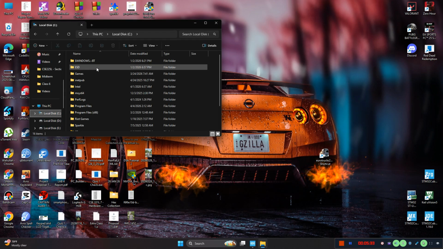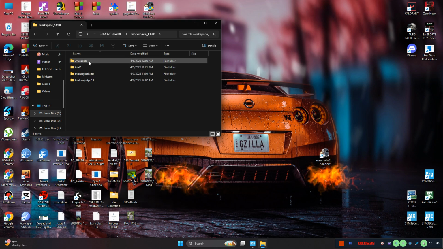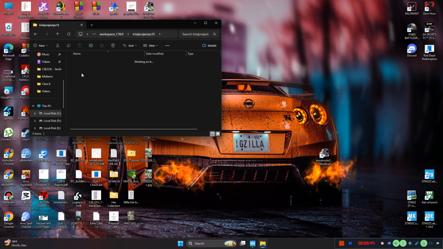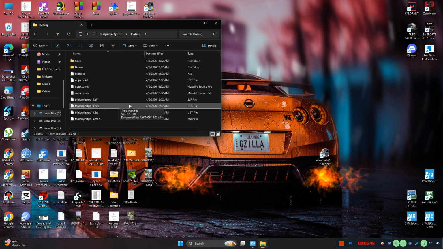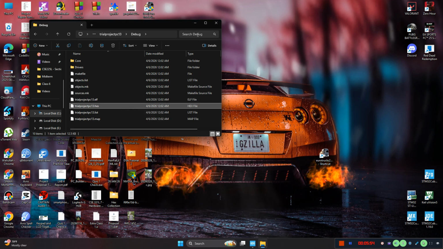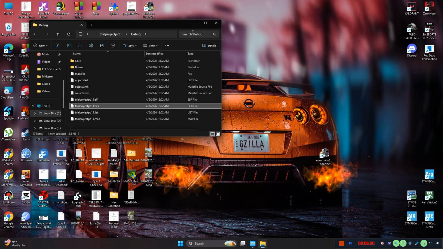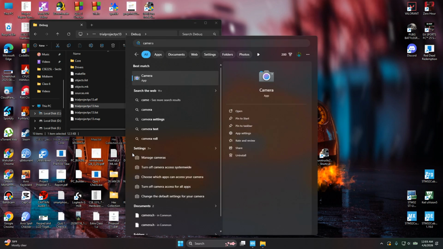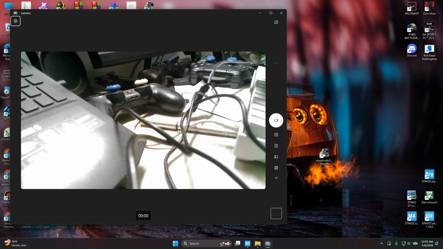Going to the workspace, C user cube IDE workspace trial project PC13. From there we need to go debug and we can see a hex file. We will be using this file to push the code to STM32. Now to push this code to STM32 we need to check something in hardware. Let's turn on the camera first. From camera you can see the